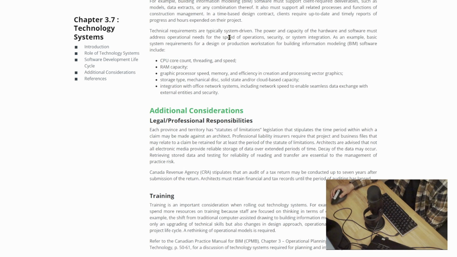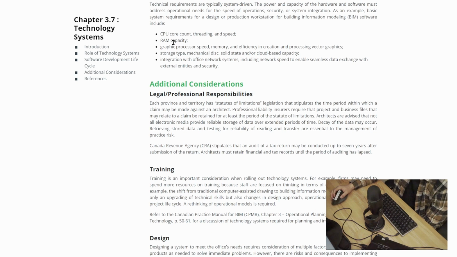Technical requirements are typically system-driven. The power and capacity of the hardware and software must address operational needs for the speed of operations, security, or system integration. As an example, basic system requirements for a design or production workstation for building information modeling software include CPU core count, threading and speed, RAM capacity, graphic processor speed, memory and efficiency in creation and processing of vector graphics,